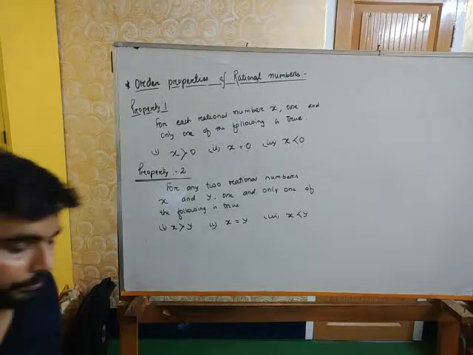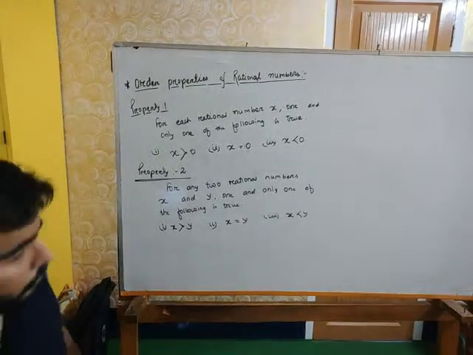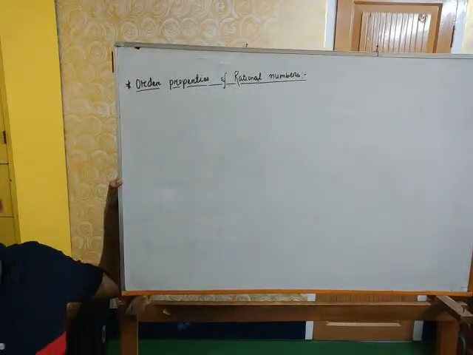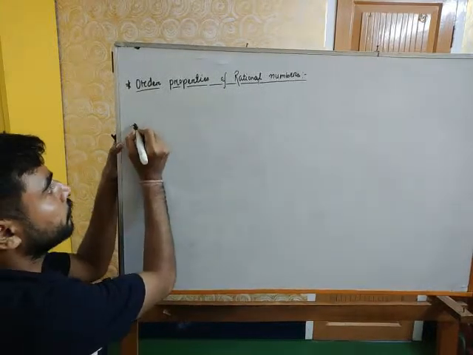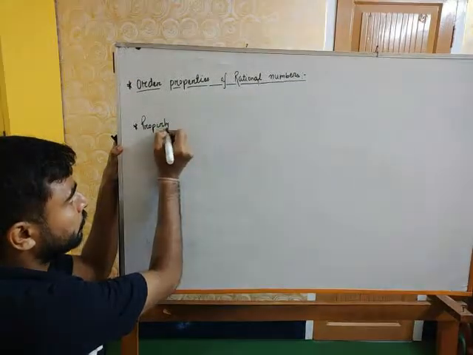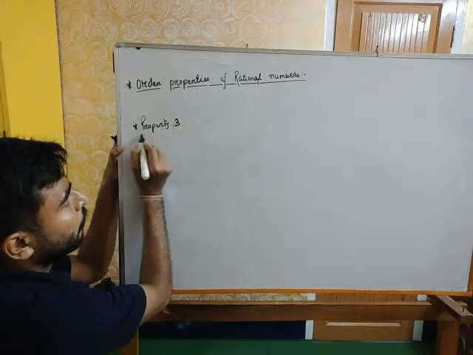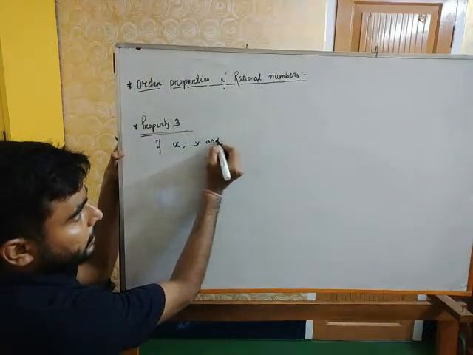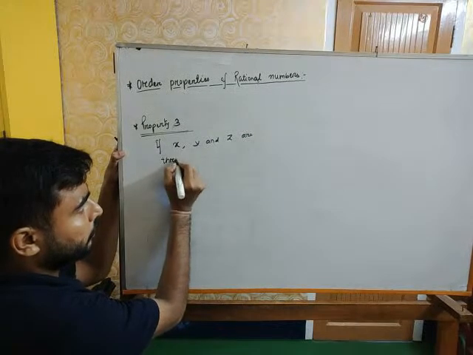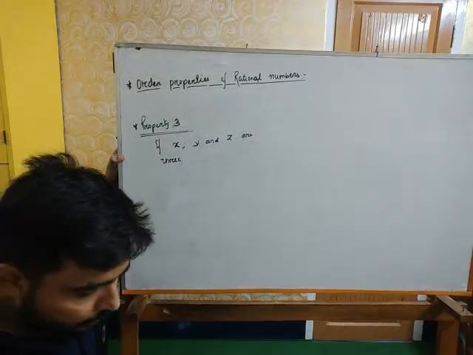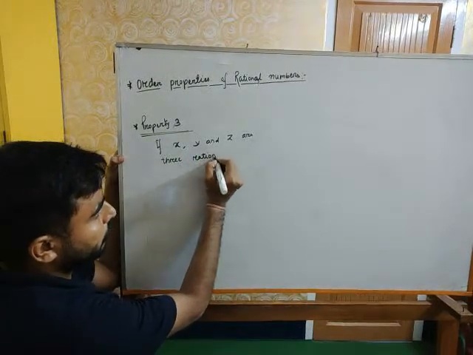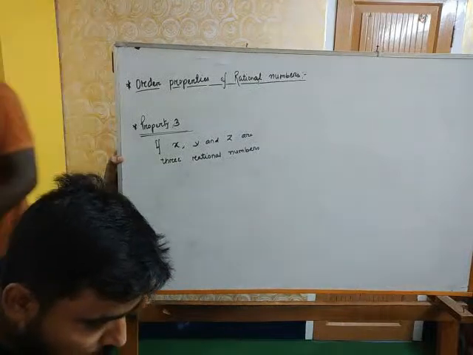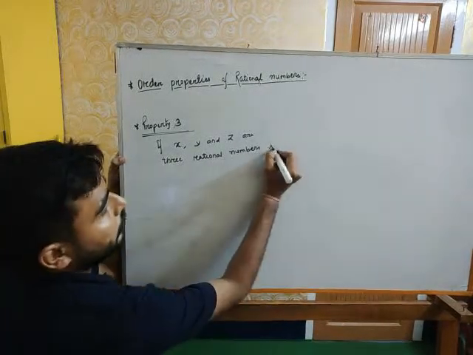Okay, let us see the last one. Property number 3. Board is clear, everyone? If x, y and z are three rational numbers such that